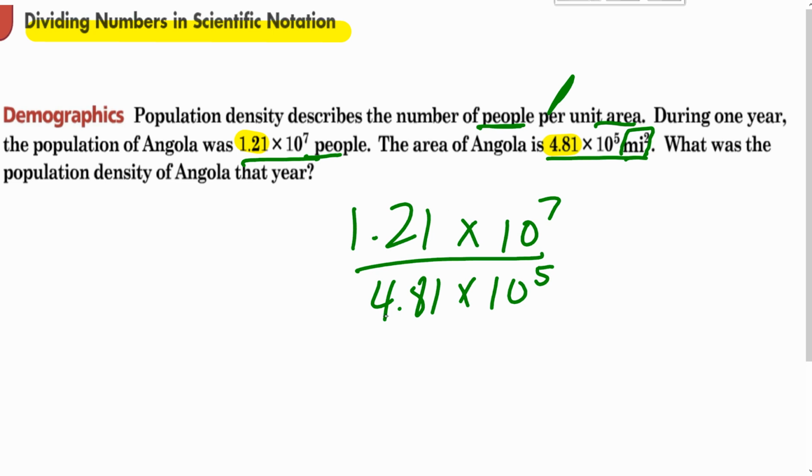Well, now that we're dividing, we're just going to divide those coefficients. 1.21 divided by 4.81. And then since we're dividing these tens, they're like bases, so we can go ahead and subtract those exponents. So 7 minus 5, and we get 10 to the 2nd. And I don't know what that is off the top of my head. So we get 0.25,